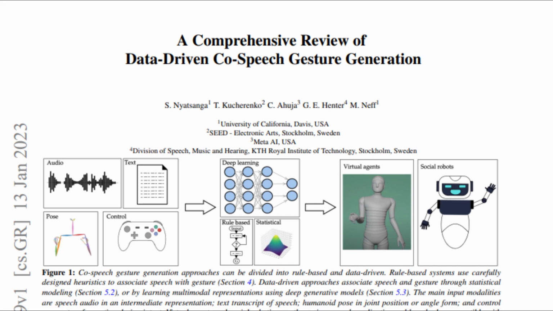VAEs aim to do explicit density estimation of the underlying data by optimizing a combination of a reconstruction loss for an autoencoder, usually an L1 or L2 loss, and the Kullback-Leibler (KL) divergence for distribution matching between a prior distribution and approximate posterior distribution of the data. The prior distribution is usually instantiated as a Gaussian for simple parameterization. The learned stochastic variables can then be sampled and decoded into diverse outputs.